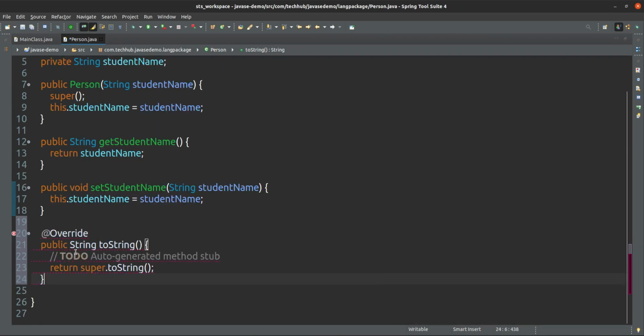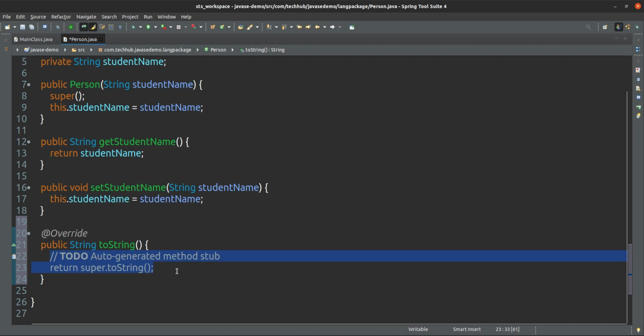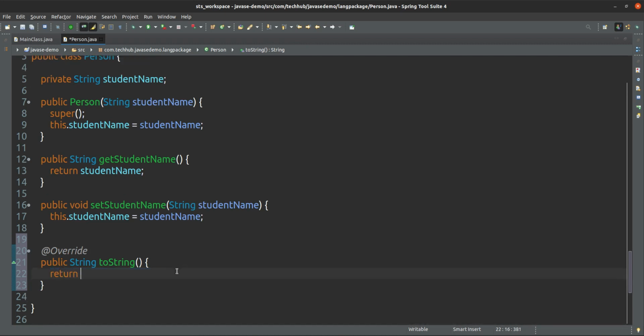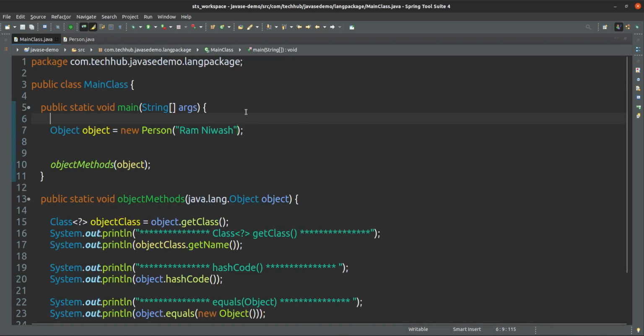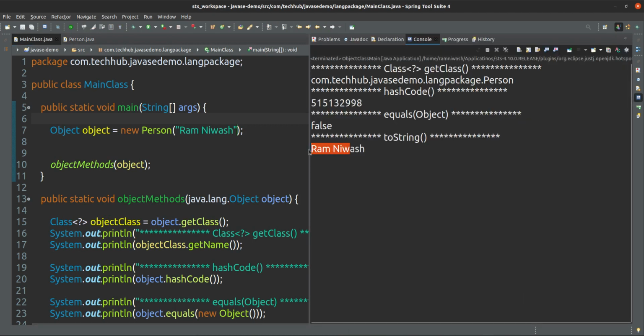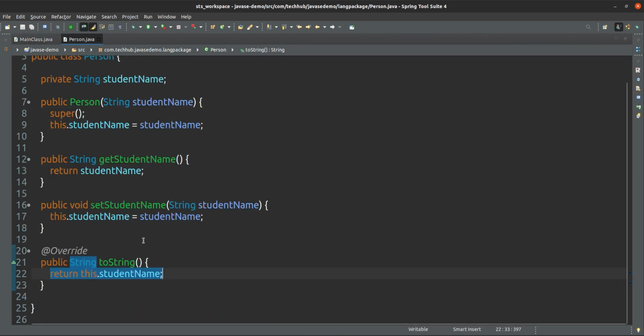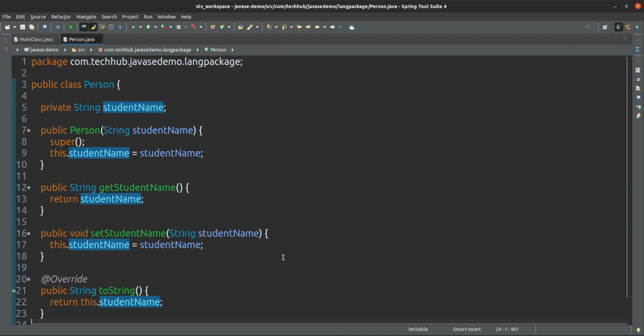toString. Yes, now it is showing Override, and here I will return this.studentName simply. So now what will happen? If I run this one, you will see the default implementation of toString will not come now. Why? Because we have overridden the implementation of toString in our Person class.